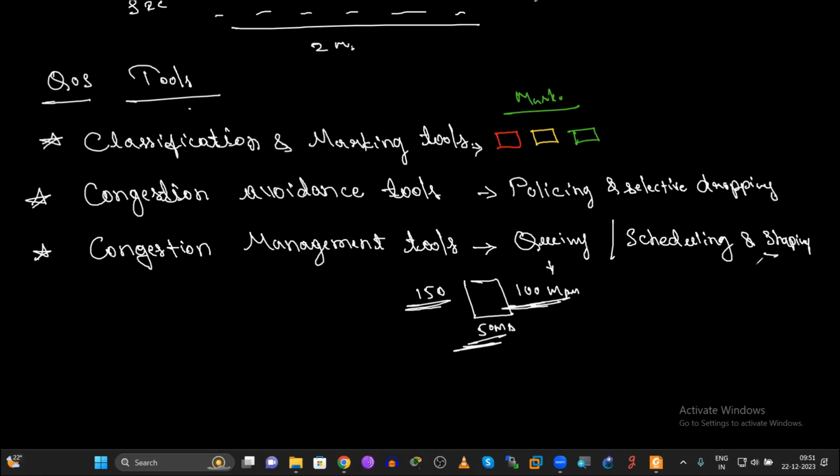So we use classification and congestion avoidance tools by setting up policies and selective dropping, and congestion management by queuing, where the data that needs to cross the cable waits in buffer memory, scheduling when the data needs to cross, and shaping, what bandwidth it can use. These are the things we have to do. This is what we call congestion avoidance. We can set the threshold.